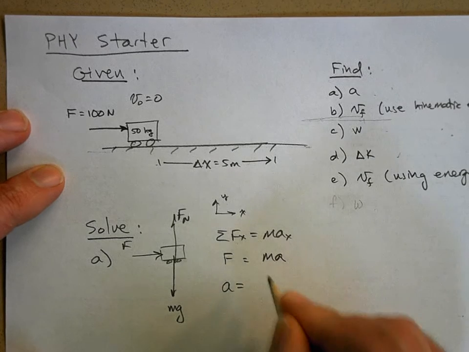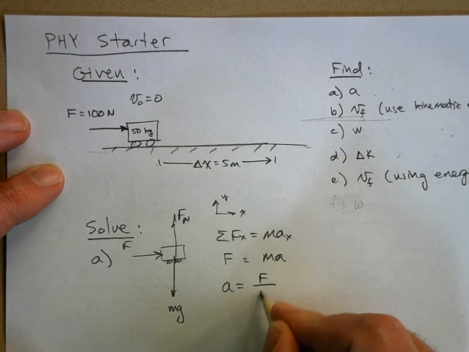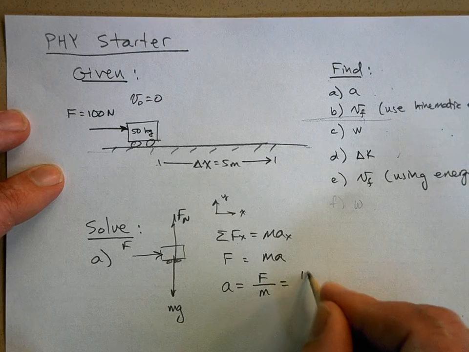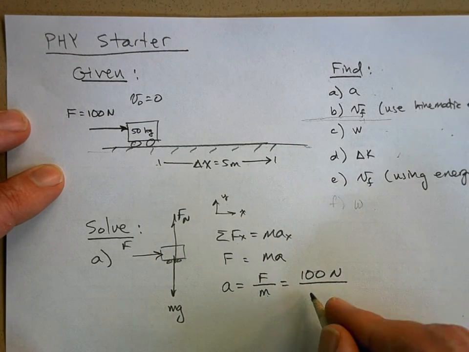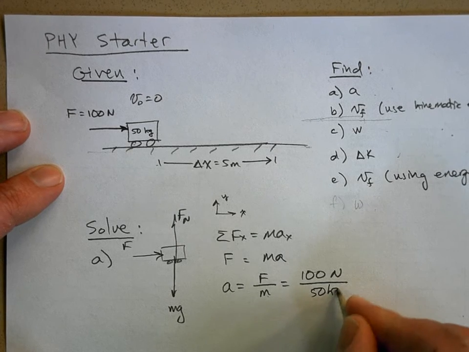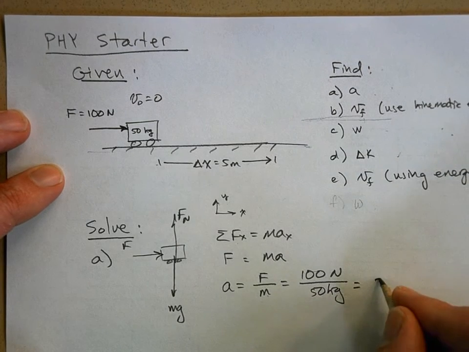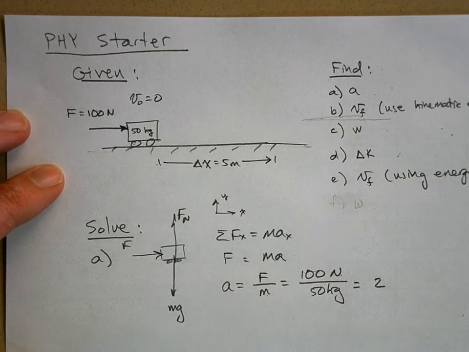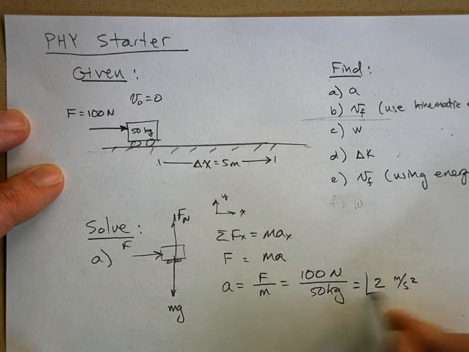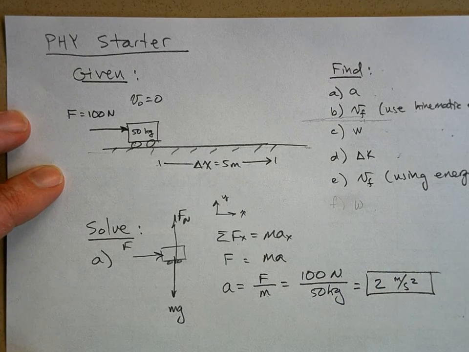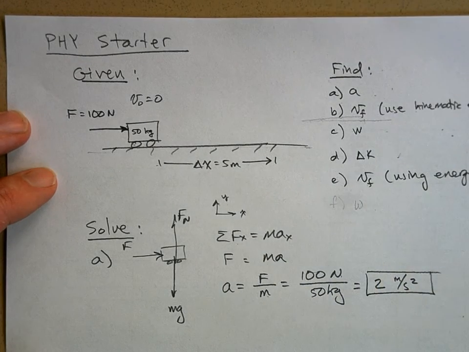So the acceleration is equal to force divided by the mass, and the force pushing on it was 100 newtons. Divide that by the mass. The mass is 50 kilograms. 100 divided by 50 is 2. A newton per kilogram gives us a meter per second squared. So that's the answer for part A. Now part B,